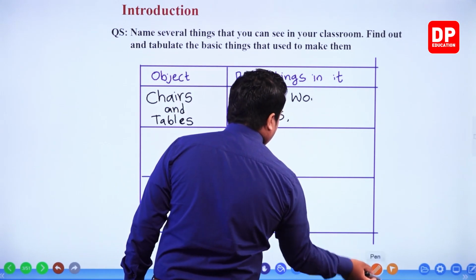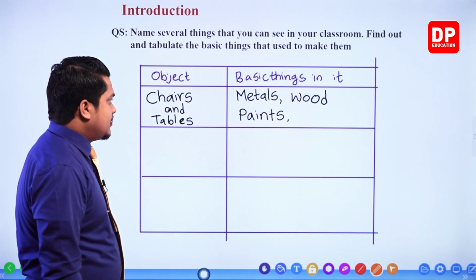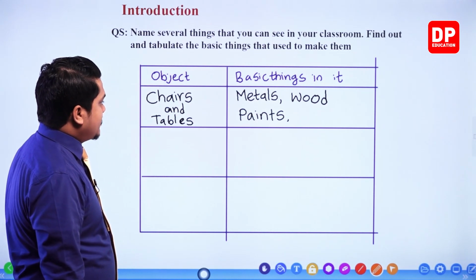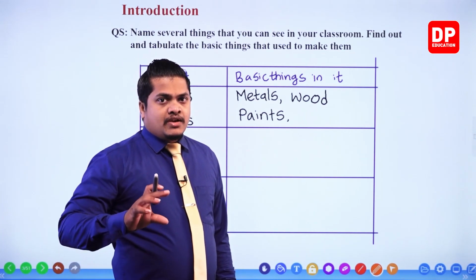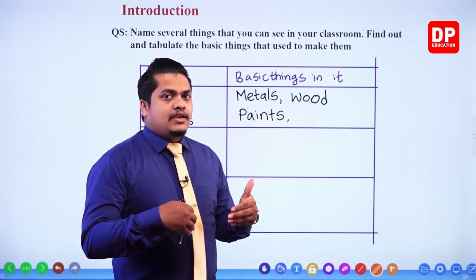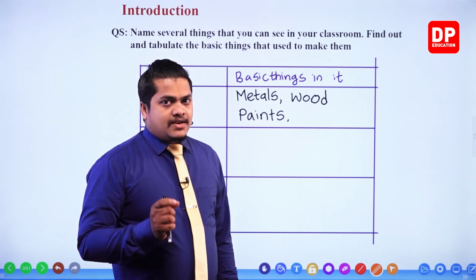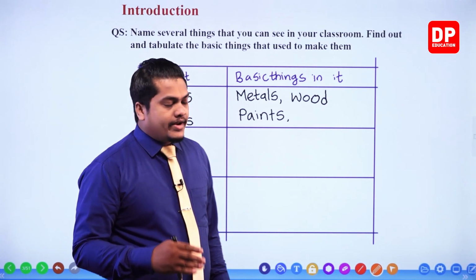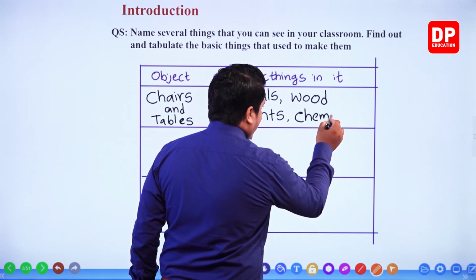Okay, as these are basic things, we'll keep it like this. So metals, wood, paints, and what are the other things that we can observe within tables and chairs? Sometimes we can observe, my dear children, wax, or else in order to cover up smaller spaces, the carpenters apply a layer of wax or else glue. So we'll mention it as different chemicals,